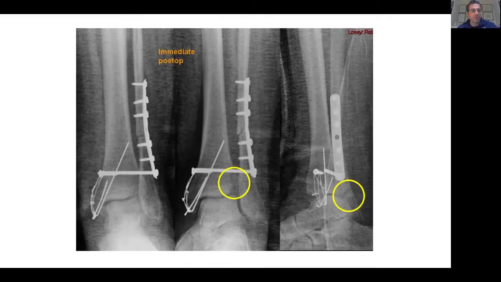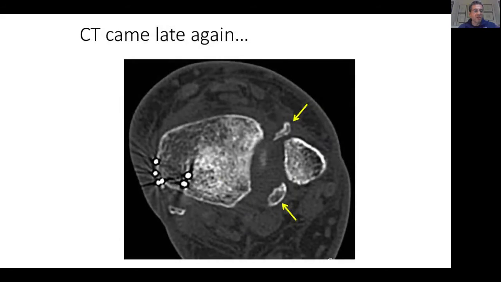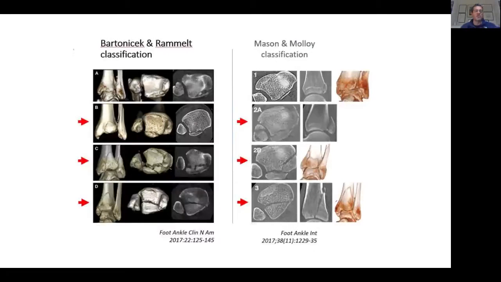Well, the fixation of the fibula is not strong enough. The reduction, I don't know if it's good enough, and the fixation of the syndesmosis is probably not good enough. And the posterior malleolus was ignored, and that's how it ended up within 8 weeks from the injury. And the CT scan shows exactly the same as the last one I showed you. So this is not so uncommon. So get the CT scan in the first place, and that will reveal all the injuries, and then you decide what you do with those little fragments, or how you will reduce and stabilize the syndesmosis.